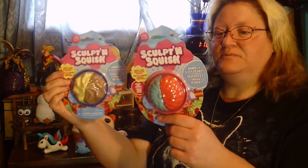The other thing I have seen, and I've picked up a little bit of it, is Sculpt and Squish by Orb, the same company I believe that does Orbeez. And it comes like this. Sculpt and Squish, you can stretch it, mess around with it for 10 minutes. And then it will dry and become a squishy. It's basically a foam clay. I have not opened this up yet. I'm going to be doing that in a later video,